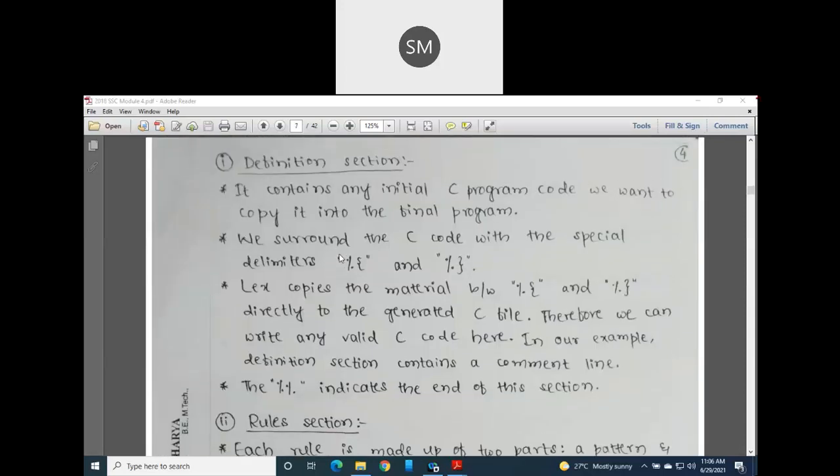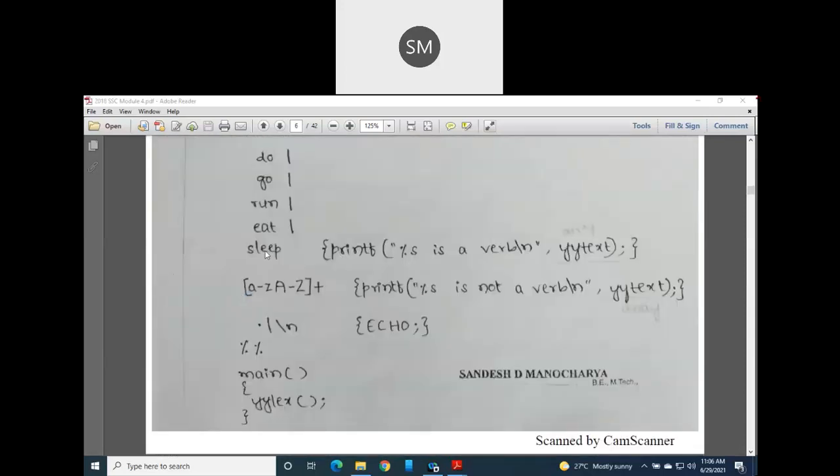So still my rules section is not completed. Apart from these verbs that you have listed, if you find anything made up of capital letters or lowercase letters A to Z, one or more characters, then those are not verbs, because the verbs you have already made in one separate list, and one action you have already taken for it. Apart from these verbs, whatever other words you look at, those words are not verbs. So you should display one more statement by taking one action, that is the printf action: percentage s is not a verb.